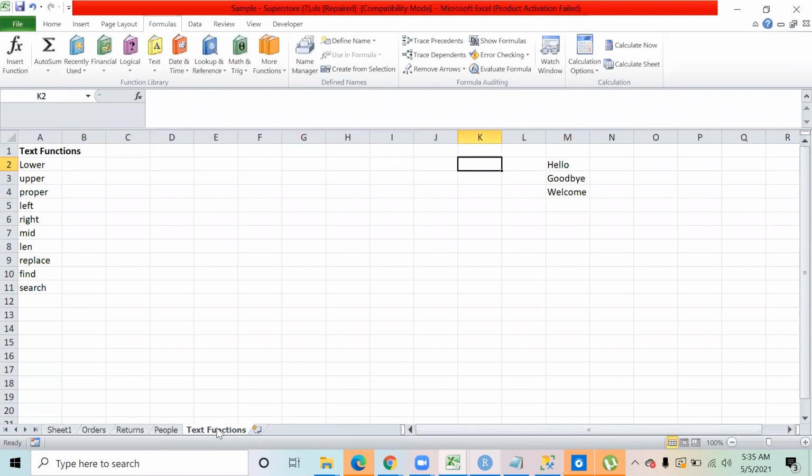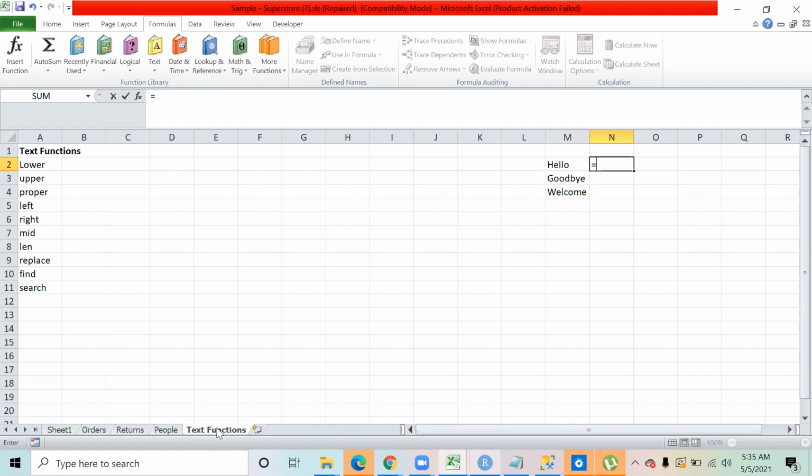So if you come over here, how do we use a function? A function is going to start with an equal to sign, right? Or a formula, you call it a formula or a function, that is the same thing. Whenever you have to write a formula or function, it starts with an equal to sign.